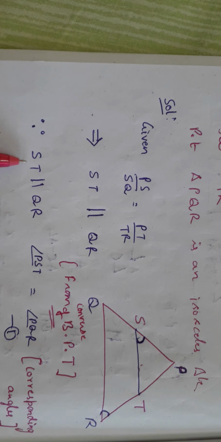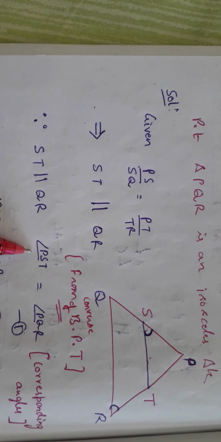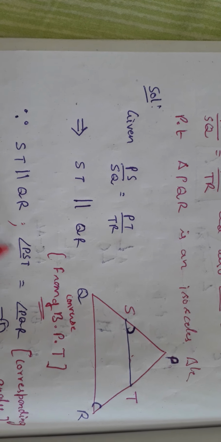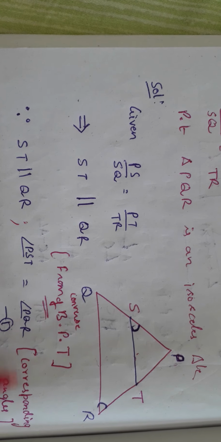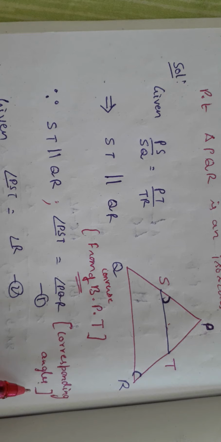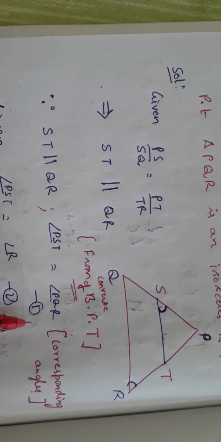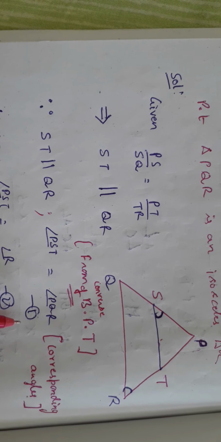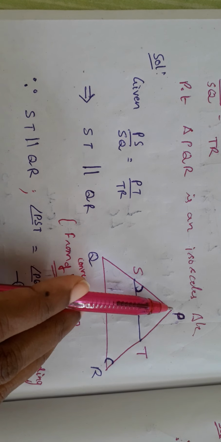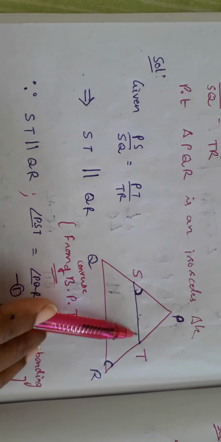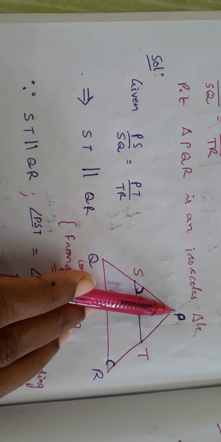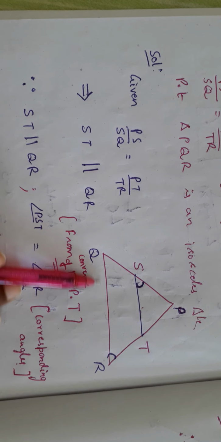So ST is parallel to QR implies, right? So that is, since ST is parallel to QR, angle PST is equal to angle PQR. Why? Because corresponding angles. This reasoning is very, very important. You have to give reason why you are equating any particular thing to another one. Right. So now, but what else is also given? This is also given, that PST, it is given in the problem. We are not doing anything. It is given in the problem, is equal to angle PRQ.